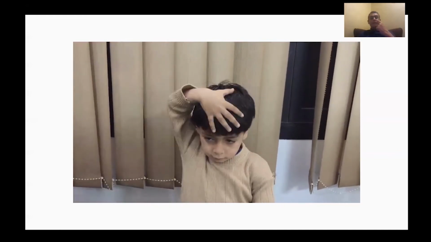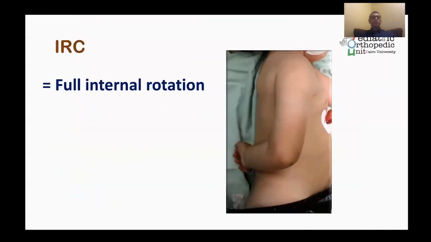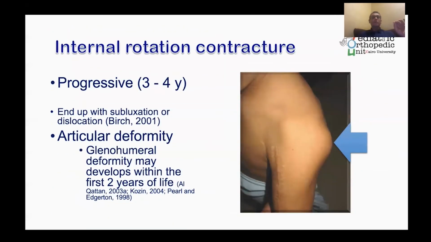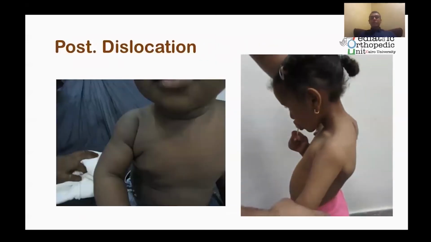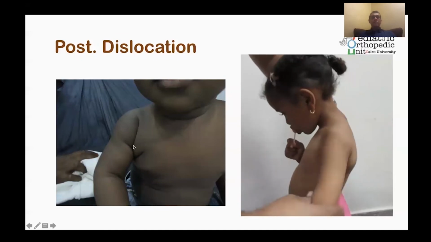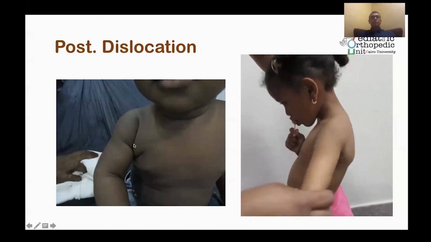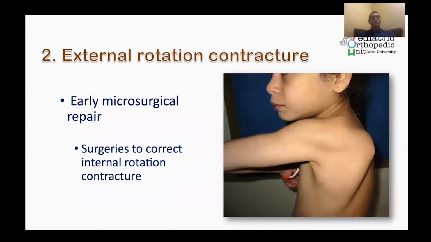Here, a patient with internal rotation contracture, and in spite of that, he is able to do almost full abduction of the shoulder. To diagnose internal rotation contracture, there should be full internal rotation range, but the limitation is only to passive external rotation range. There is variable degree and may reach up to posterior shoulder dislocation, even in a case like this with severe cleft here indicating posterior shoulder dislocation.